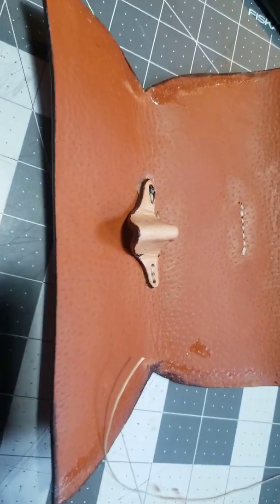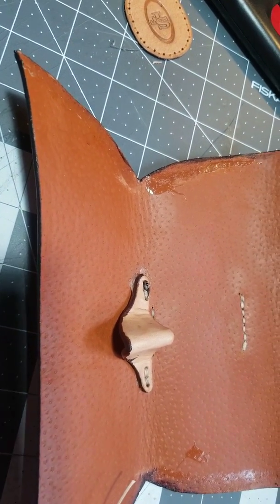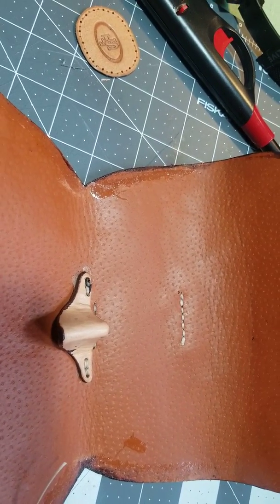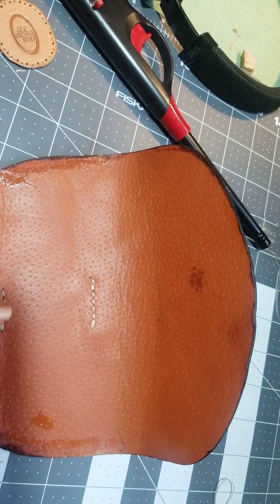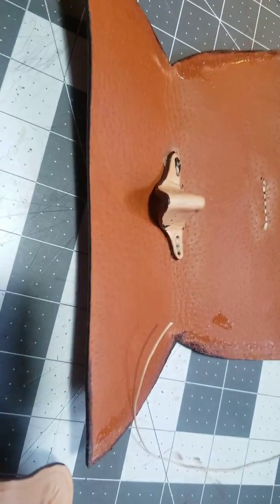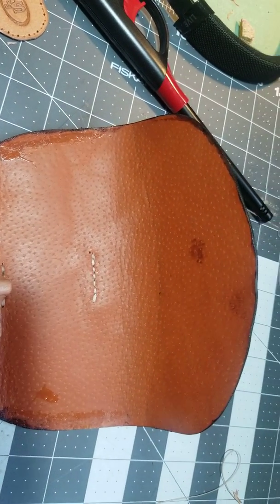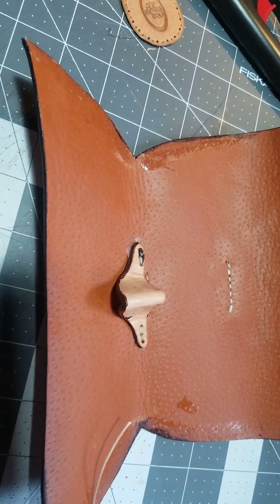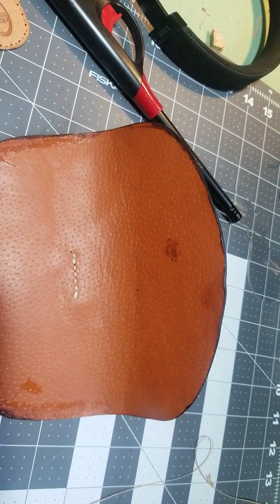And a lot of it is I just forget. You know, I get really anxious, and I think I kind of got it now, so I try to whip it all together. And I tend to either get ahead of myself or forget something. So this one, so far so good. I'm making this video because actually today I haven't had any anger or frustration as of yet. So this is my Sunday project. I'm going to glue this together, stitch it up,